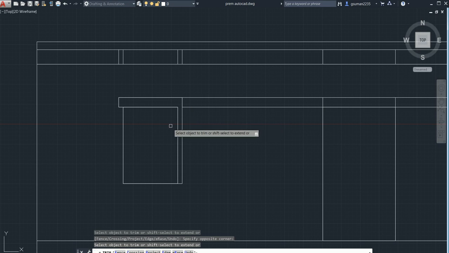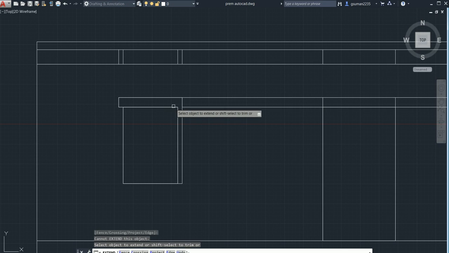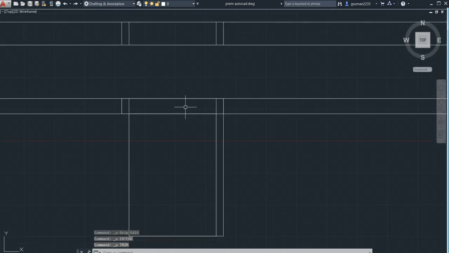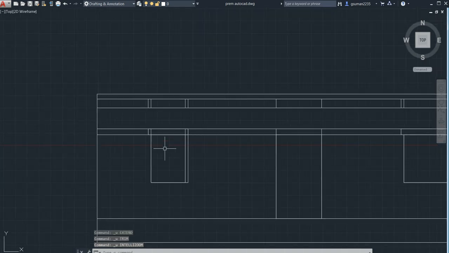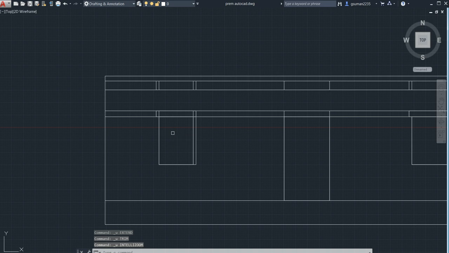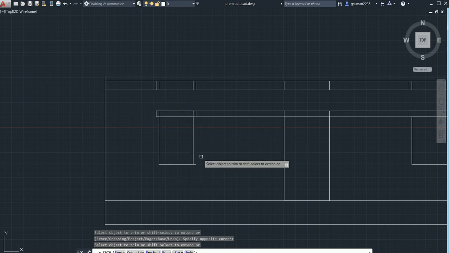Go for extend, double enter. It has not worked, select it once, Control Z, undo, you can see. Now go for the trim command, TR, double enter, trimmed. This also trimmed.